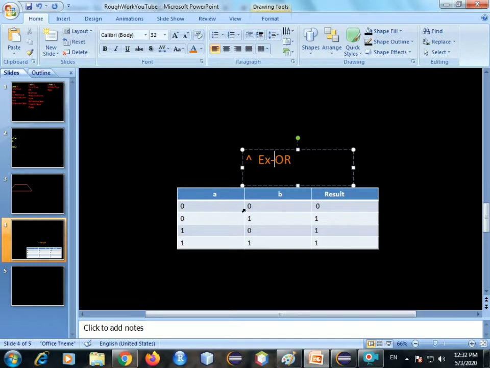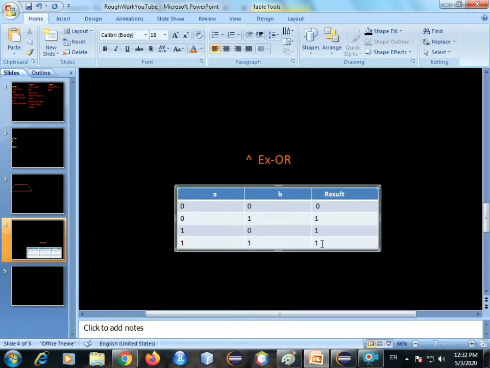If both are the same, then it is false. If both are different, then it is true. So 0 0 will give us 0 here, and 1 1 will also give us 0. It doesn't like having both the symbols as true; it doesn't want both a and b as same. If it is the same, it simply gives us false. If any one of them is true, then we get the result as true.